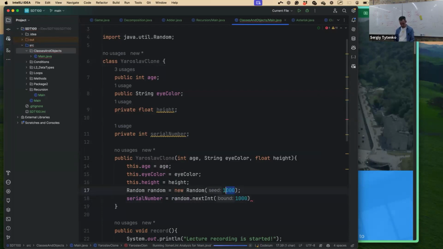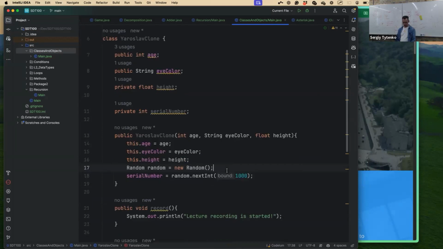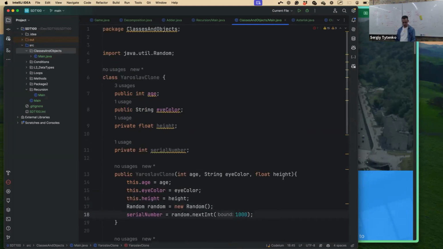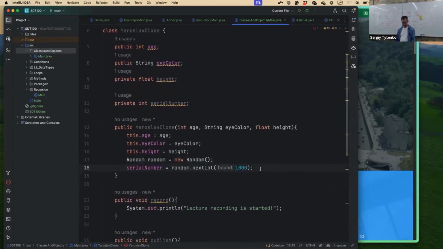Yeah, maybe here I don't need seed, right? Or I need. What are the seed and the bound? Okay, hopefully it will work. So Counter, the seed and the bound. What are these words? This is inner stuff, like so bound. I believe this is our like